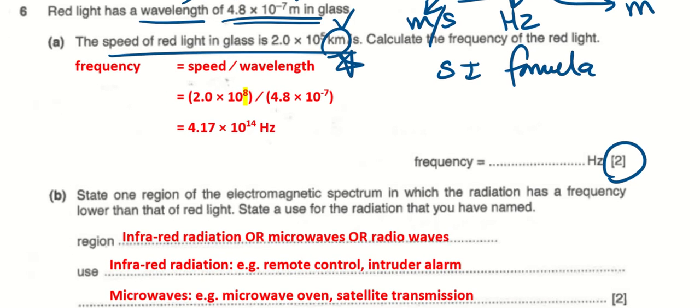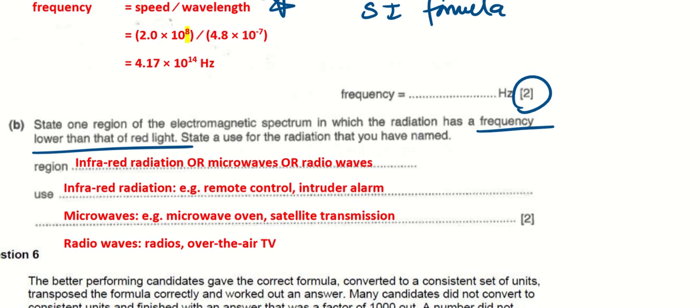Now, state one region of the EM spectrum in which the radiation has a frequency lower than that of red light. So this is seldom asked, but let's go through the sequence again. Ronald,